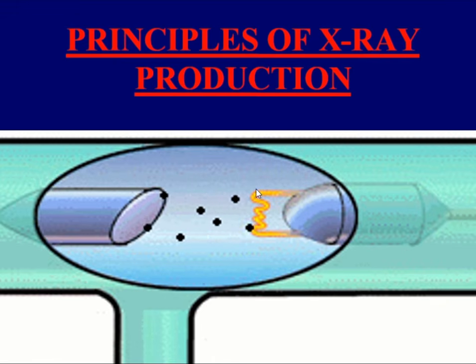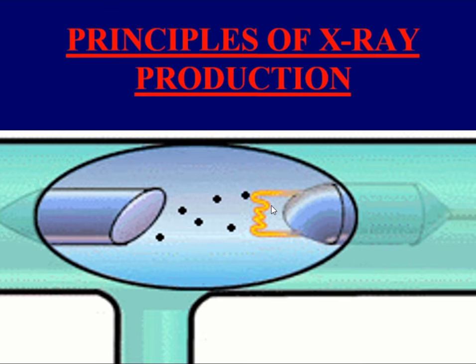So we can see that there is a filament here, okay? So this filament is heated up. When this filament is heated up, due to thermionic emission, electrons are emitted from this filament. But what we want, in order to produce X-rays, is for these electrons to accelerate towards this target material. So in order to accelerate these electrons towards the target material, we provide a high voltage between this target material